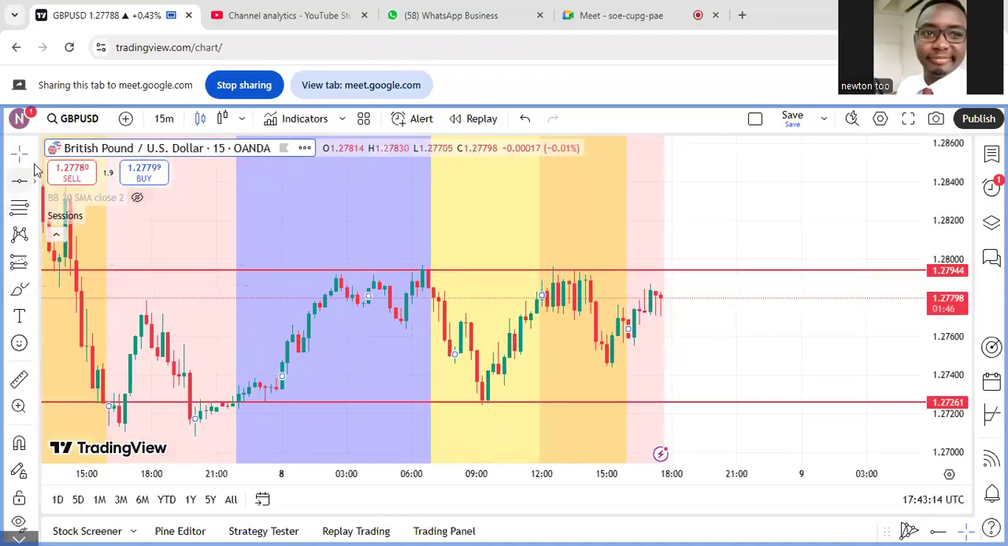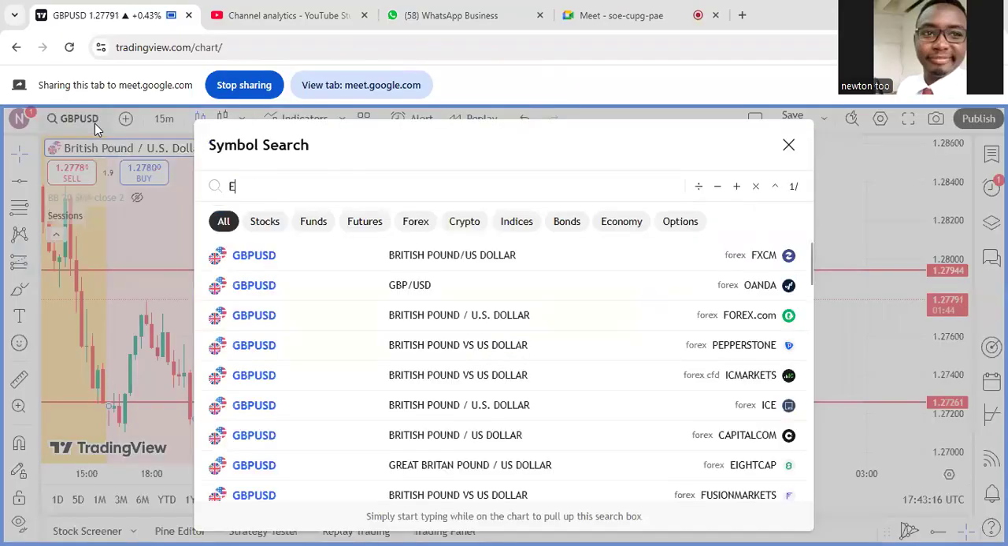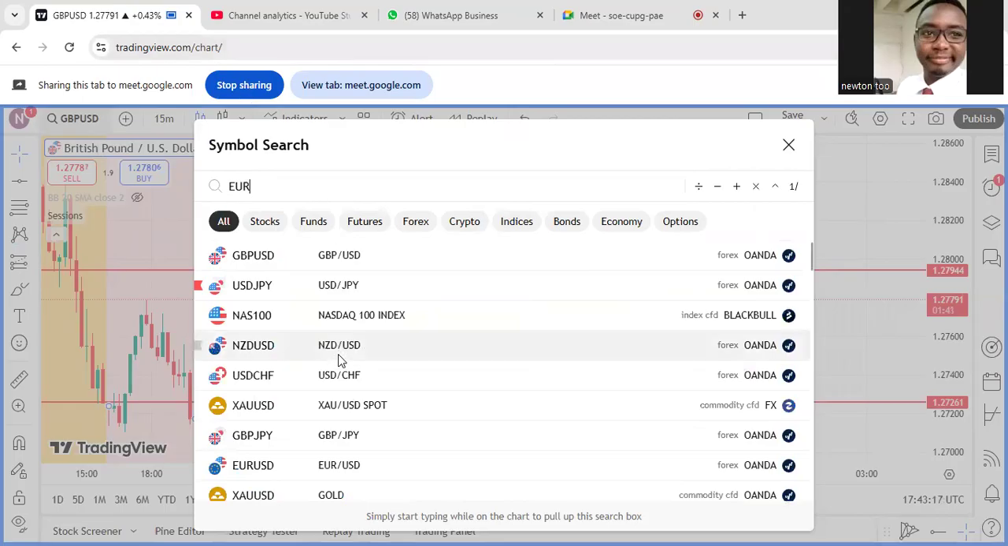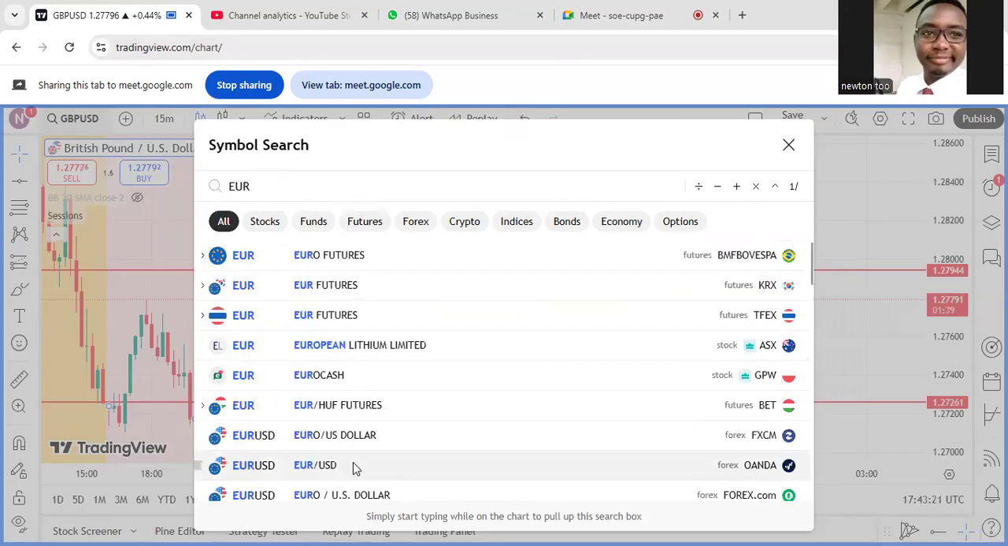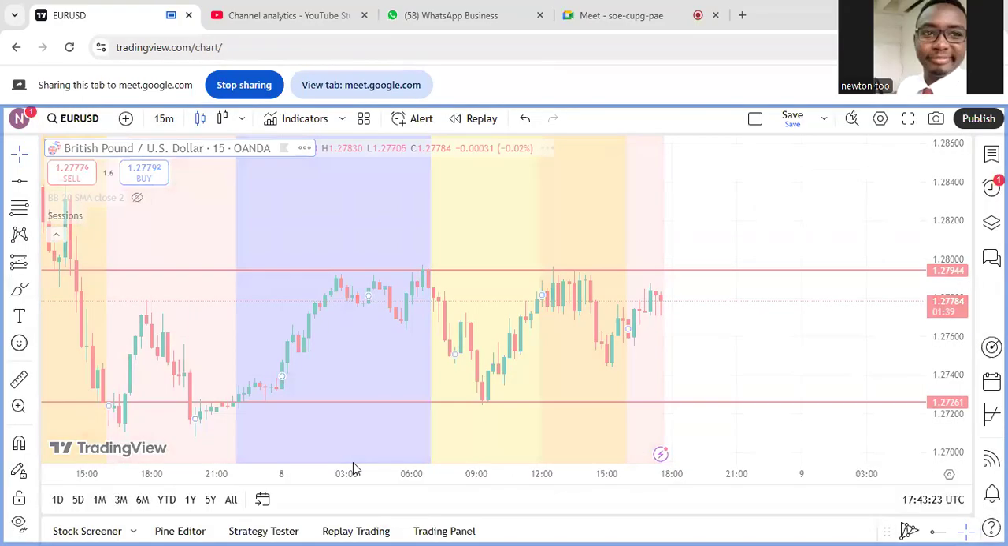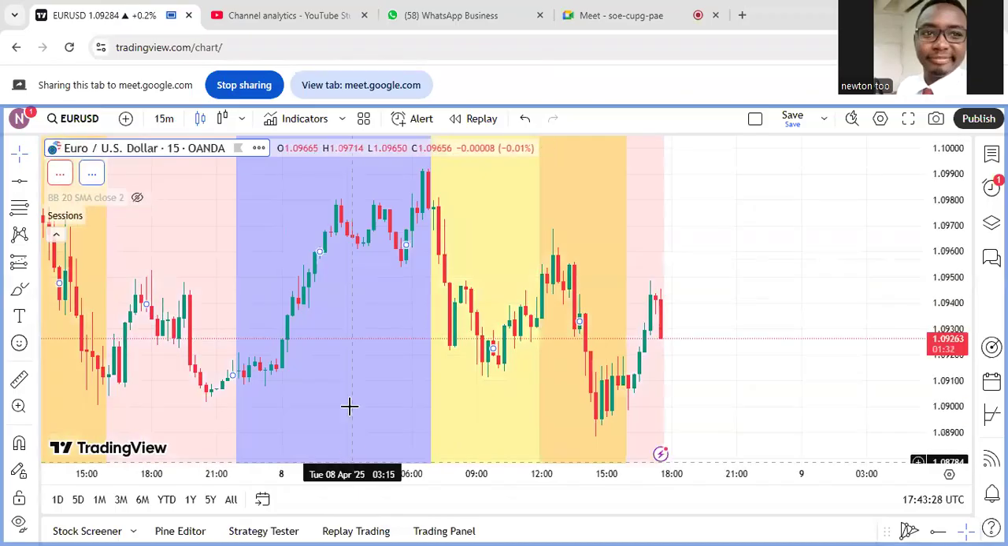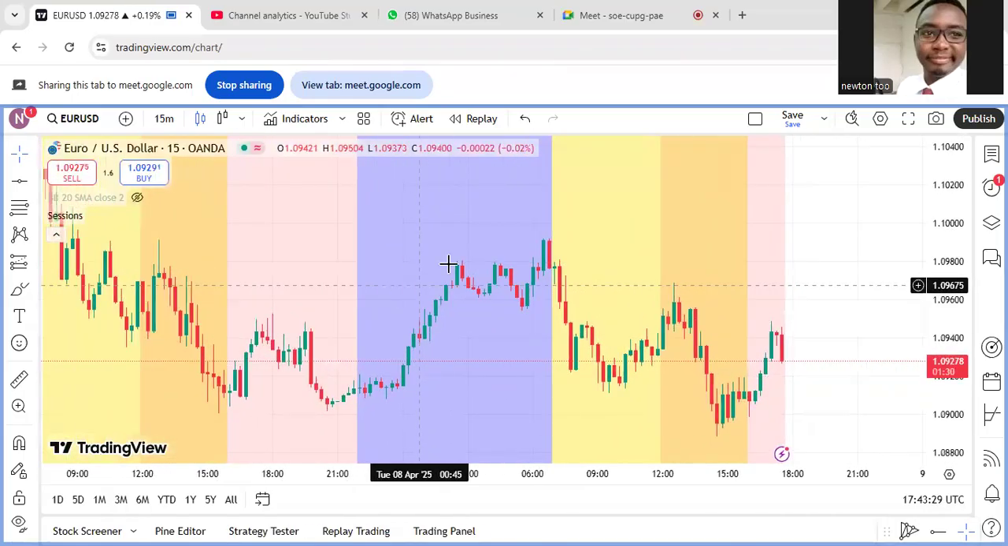Let's check Euro USD. This one is today's market. We're just checking today's market and how we usually analyze on our chart. So you can see here,